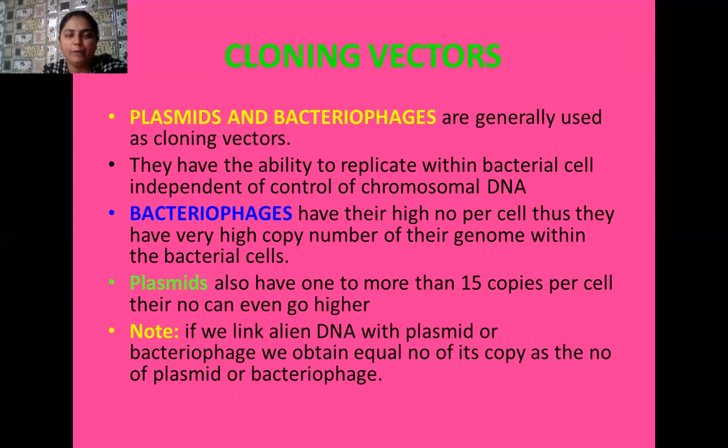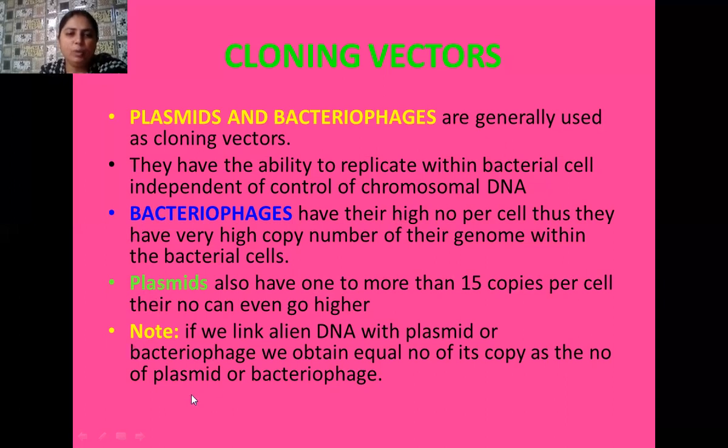The bacteriophage does the infection as usual, as it did earlier. Now the pathogenic genes are not going to transfer into the bacterial cell, but instead our gene of interest enters the bacterial cell, and later it incorporates itself into the bacterial genome. It produces many replicas with the help of the DNA polymerase of the bacterial cell, and in this way we obtain many copies or replicas of our gene of interest.